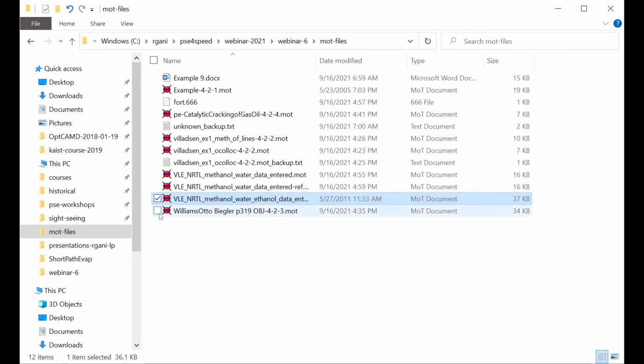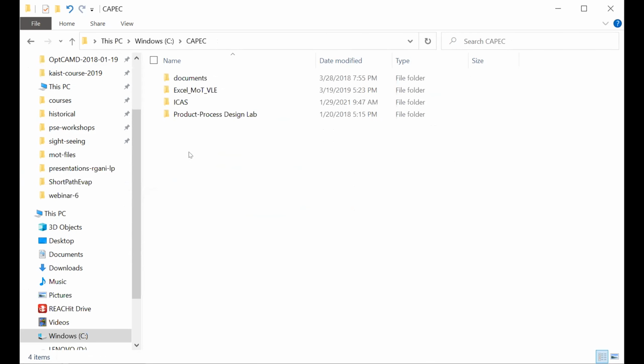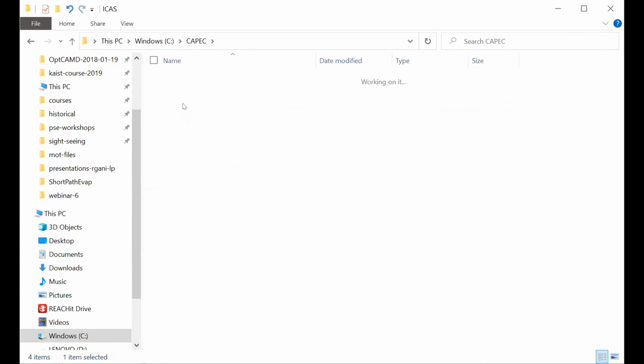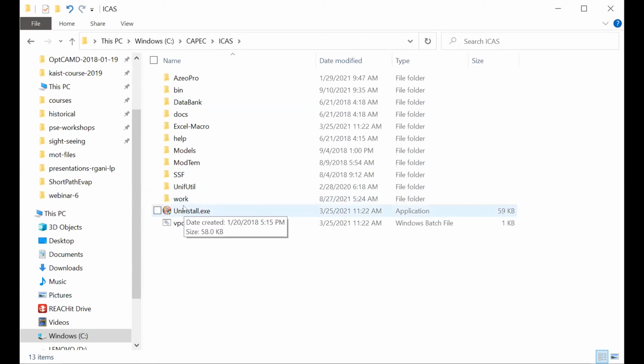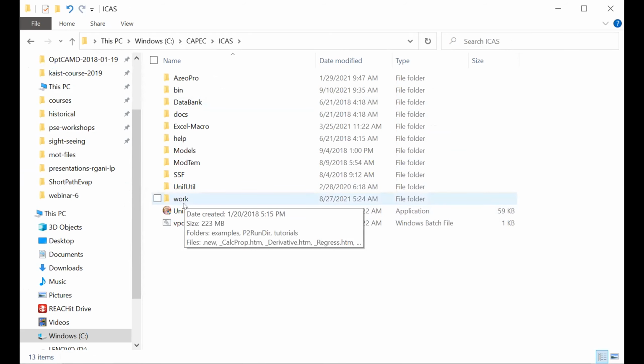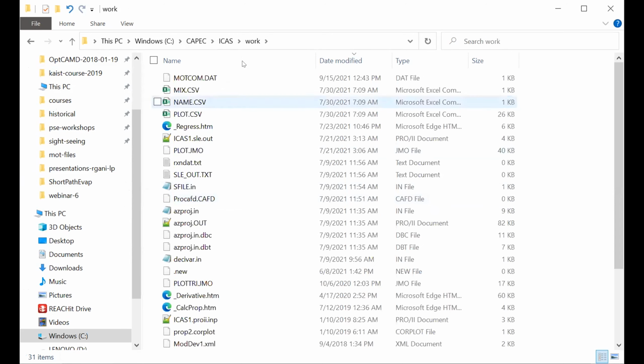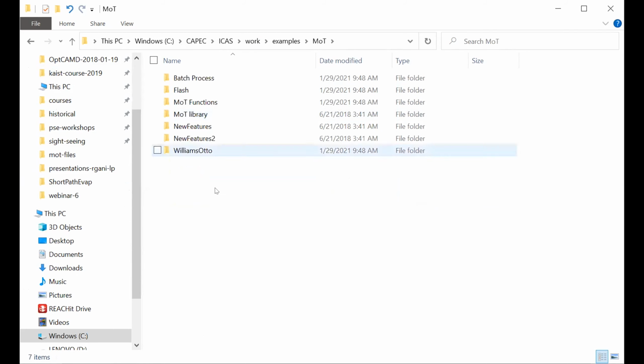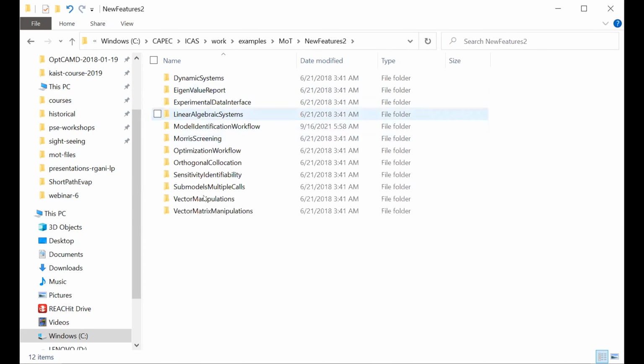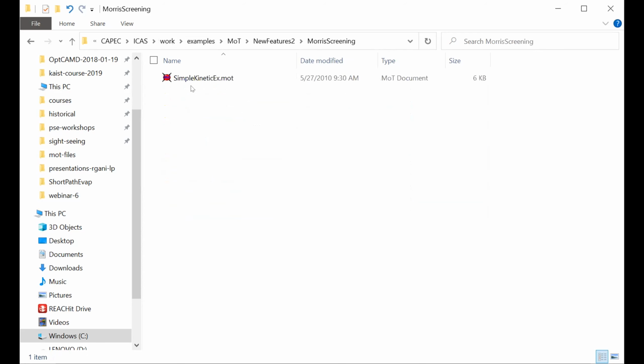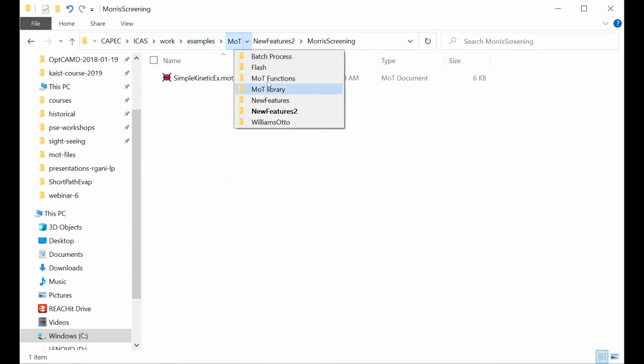So finally, what I will show is where you can find all the information. Can you see my screen? Yes. Okay, so if you go to work and then examples and MoT and new features, you can see that there are lots of different examples, and more is screening. The model for that is there. If we go to library,